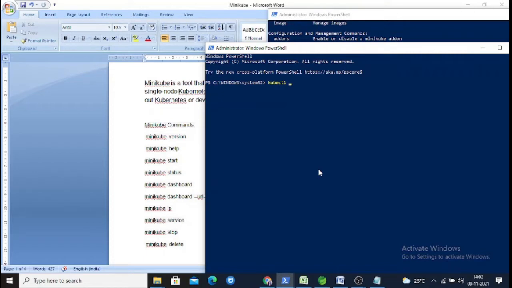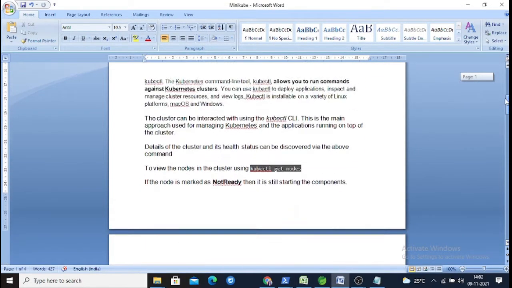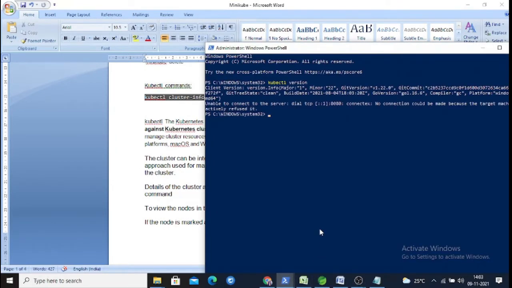kubectl. Here also you can check; we also have the kubectl commands in the same document. First, in kubectl, to know the status of your cluster and cluster information, after the version command, you can give cluster-info